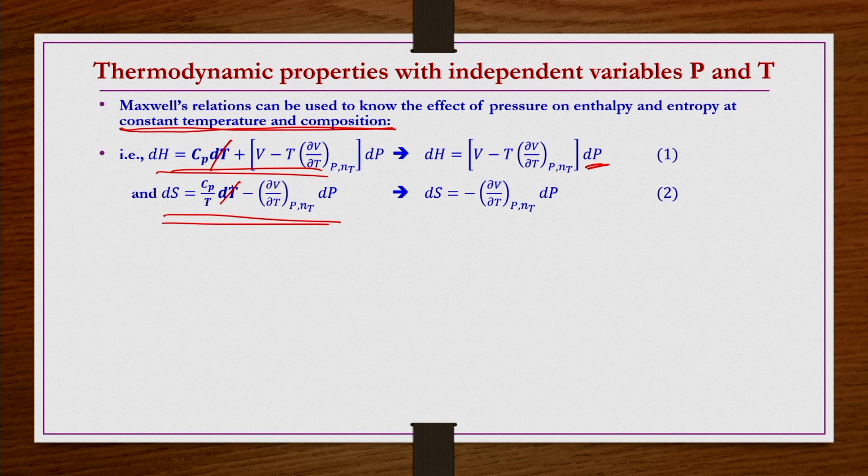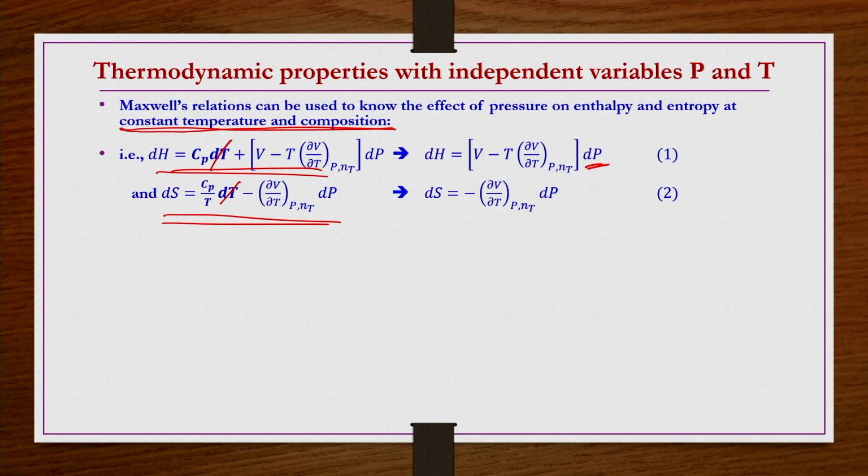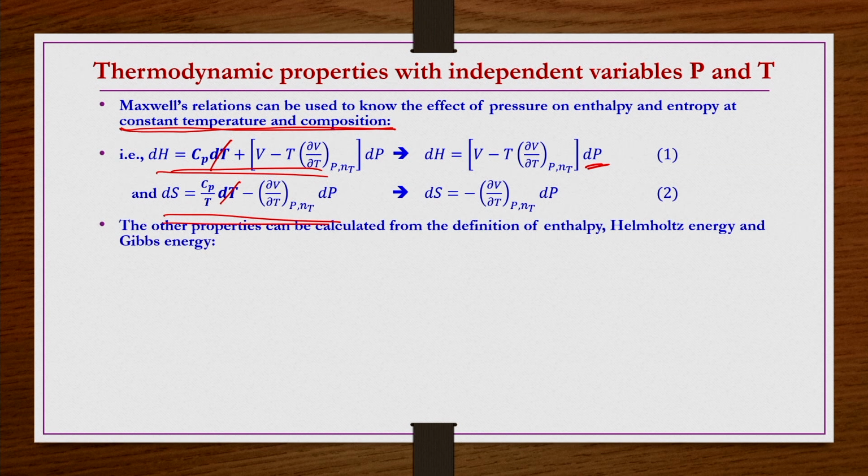So, dS is equal to minus (∂V/∂T) at constant P, dP, right. If you integrate this equation, you can obtain the entropy as a function of pressure, that is, how the entropy changes with the change in pressure. You can find that by integrating equation number 2. Once you have H and S, then you can calculate other energies, like U is equal to H minus